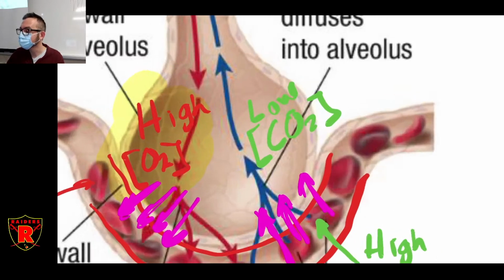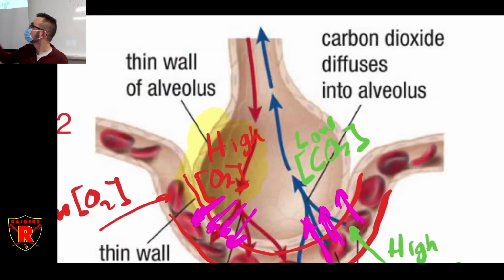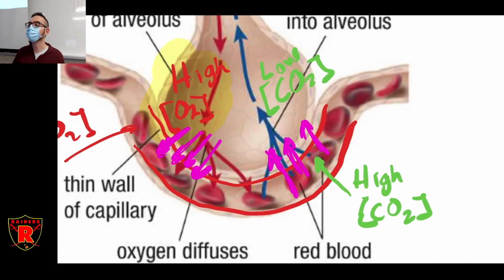If you stop removing the CO2 in your alveoli, then this concentration inside the alveoli becomes high. If it's high on both sides, you stop removing CO2 from your blood, at which point that's going to cause big problems too, because CO2, when it's in your blood,